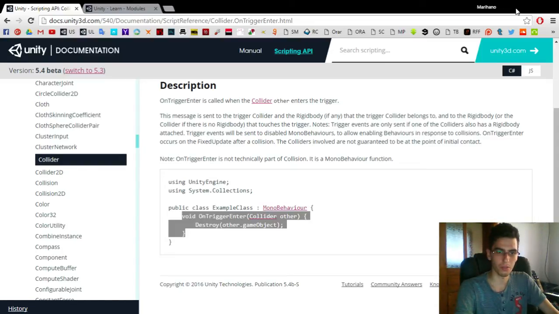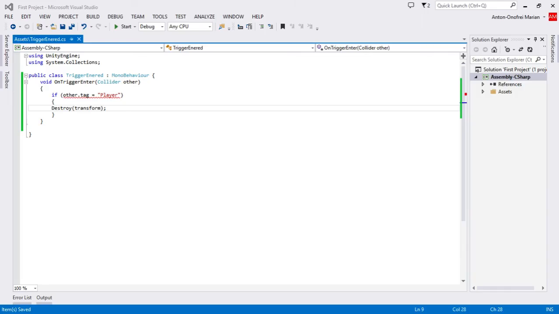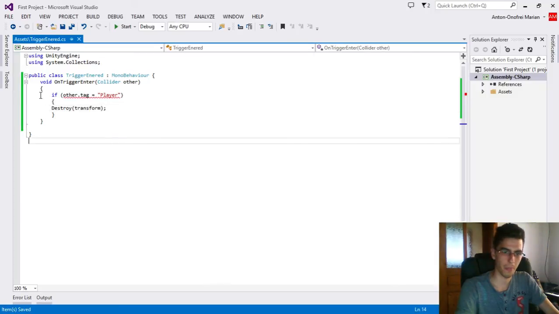we're going to destroy the current object. Transform. Yeah, this. I guess it's working with transform, that current. If other that tag equals player. So if the current... Alright. So if other that tag equals player,